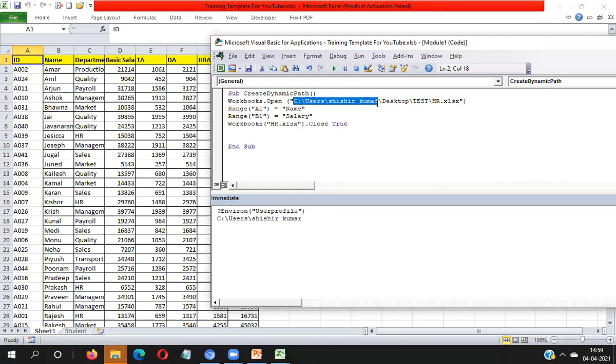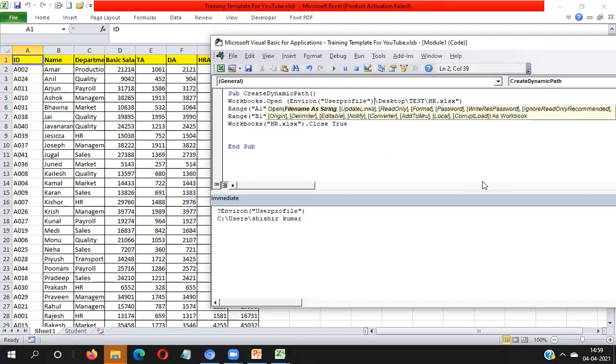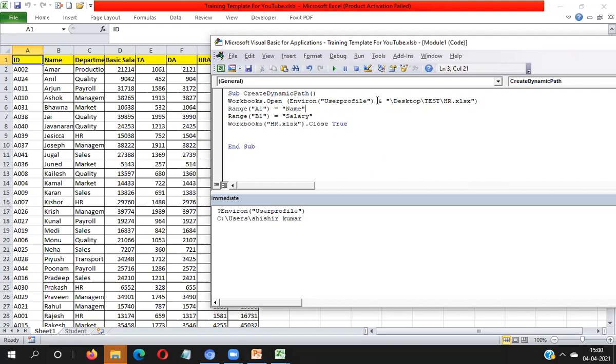You have to remove this complete path from here and utilize the Environ function: Environ, bracket start, USERPROFILE, inverted comma, bracket close. Now here you need to concatenate the rest of the path. Now done. This Environ function makes my path dynamic.